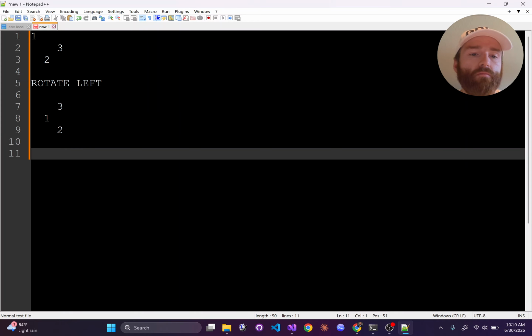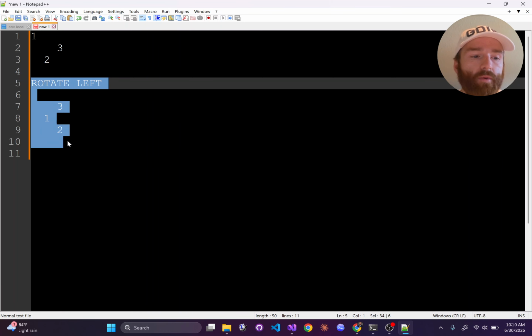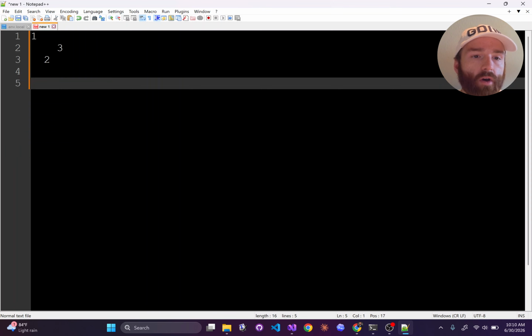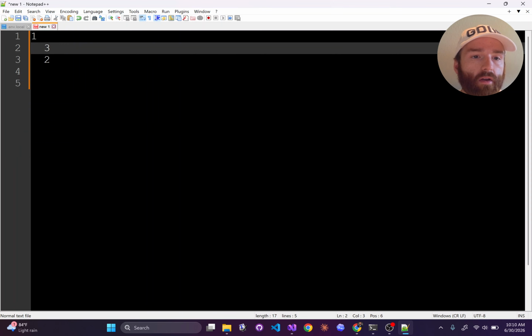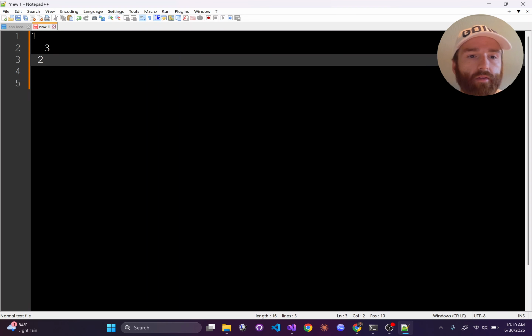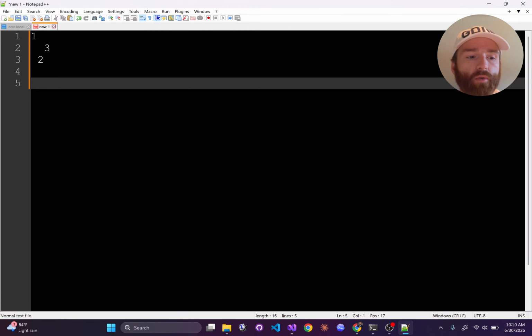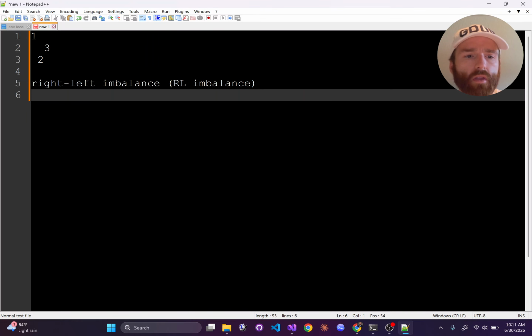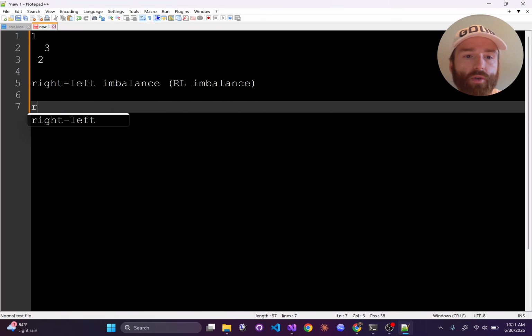Okay, now I feel like I'd be remiss if I didn't show you what the two rotations should be. So we did a rotate left here. We ended up still having this hanging problem. But if we did have a case where this was our tree, where we had the right and then the left scenario, because this has a right-left imbalance, what we call an RL imbalance, what we would want to do first is a right rotation at 3,